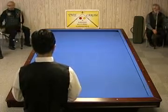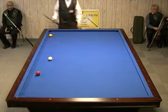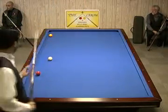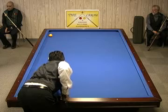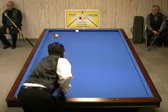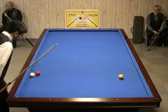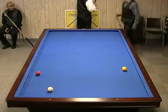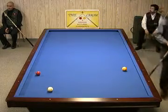Yeah, there are certain individuals, it seems, that I know your game pretty well because you and I spar back and forth. There are certain shots that when I leave you that shot, I might as well just give you a point. You know, there are certain shots that you're just not going to miss. And Pedro, of course, at his level, almost every shot that he shoots is one that he's not going to miss. He knows them all, I think. Except for that one right there. He didn't know that hole was that large, I think. What appropriate timing on my part. But you notice on that last shot, too, I think he played that because he wanted to leave if...